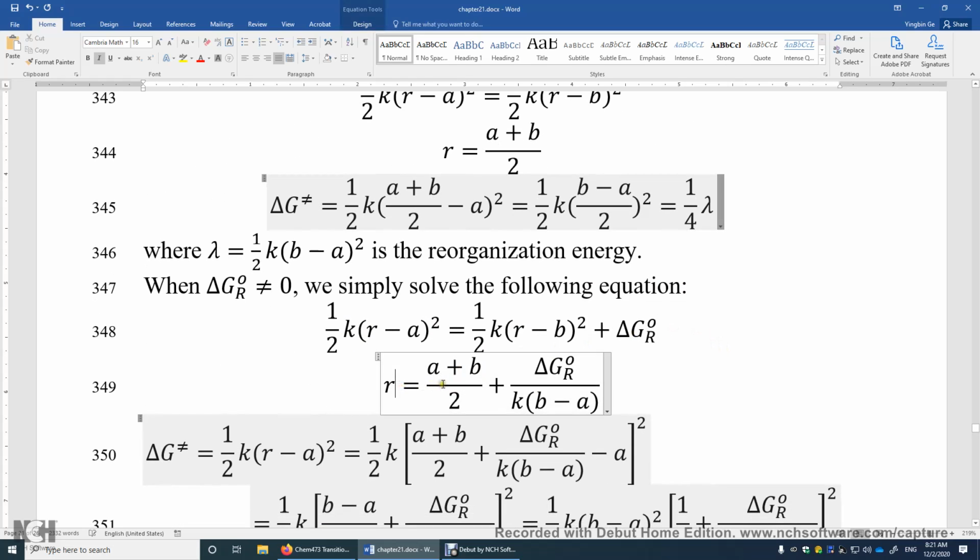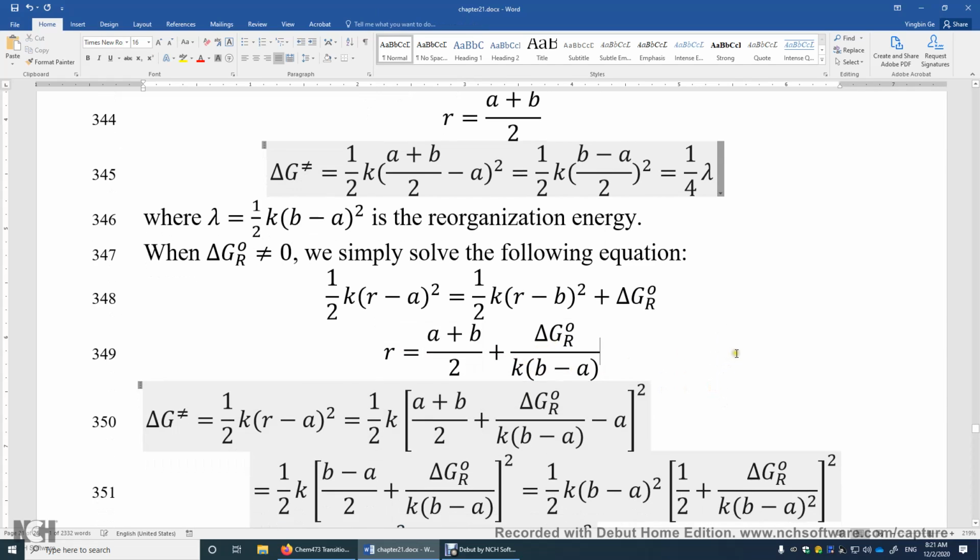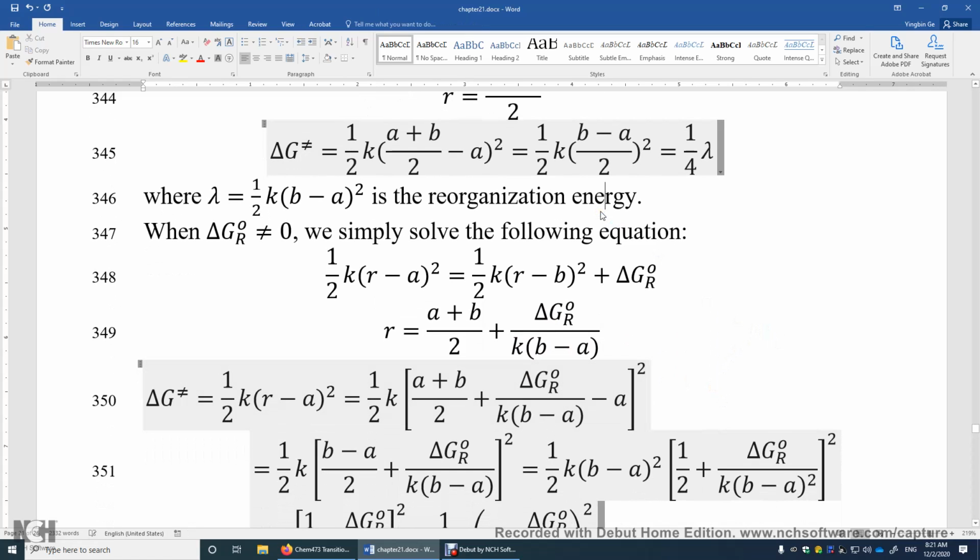So R is still the midpoint between A and B, but with a little correction here. This is just delta G of R over K times B minus A. All right. There's a physical meaning of this, actually. I think it's just this. When this Gibbs energy of reaction is negative, all right, the transition state looks more like the product. This R is going to be closer to B. When this delta G of R is positive, the transition state is closer to